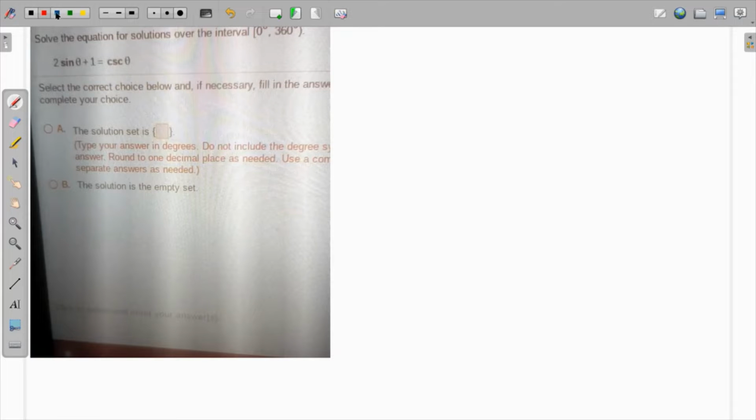In this question, we have to solve the equation for solutions over the interval of 0 to 360 degrees. That is 2 sine theta plus 1 is cosec theta. Always remember that whenever we talk about a trigonometric equation, it's always a good idea if we can convert the complete equation in terms of just one trigonometric function. That is the best case. So we'll try that, and I think we can do this in this particular equation because using the reciprocal identity,